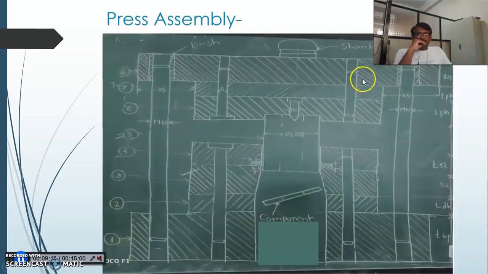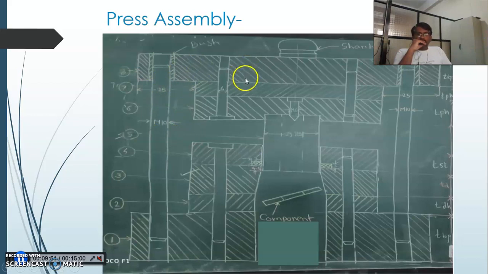So the complete press you have to show in this fashion, where you take the bottom plate, then the 2 vertical pillars, then you show the top plate, the ram arrangement or the shank arrangement, so that the ram will be moved. Then this top plate will have 2 bushes, one here and the other here, so the movement of the top plate happens against the pillars inside these bushes.